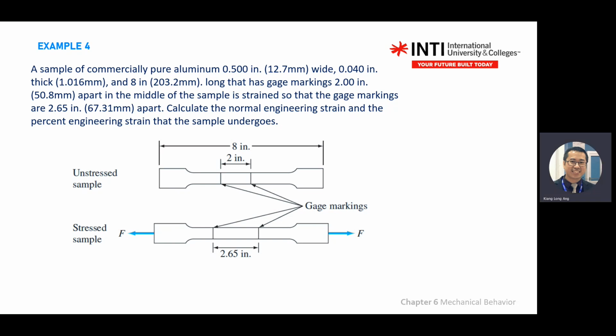Now this one is a square shape cross section or rectangular shape cross section. If you're given wide, thick, and long, okay, you have 12.7 wide, and thickness is 1 point something mm,